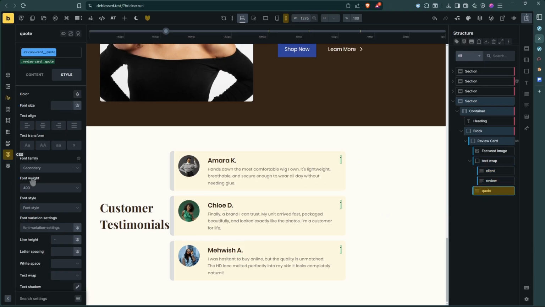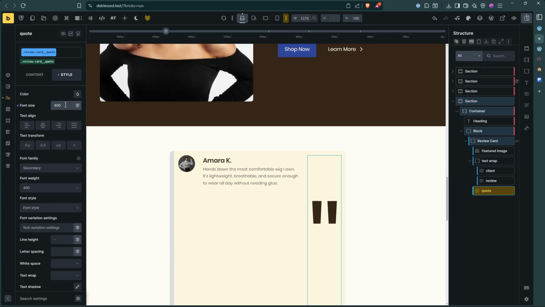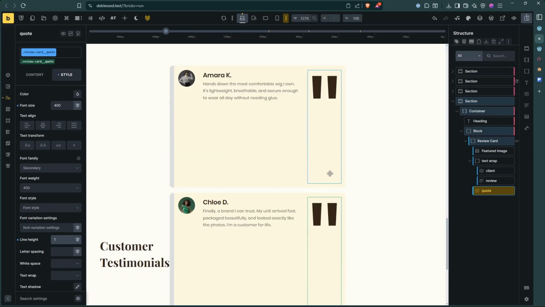Then this quotes, let's make it very big. So let's say 400. Line height is 1. Let's save, and then